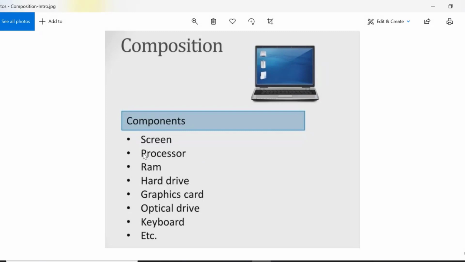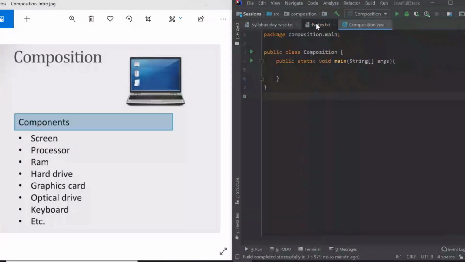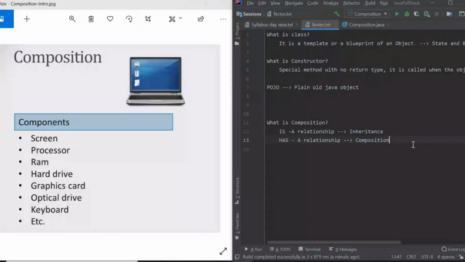But when you come to a processor, let me write these things down so it will be more clear. I'll take down my notes. Here I have a laptop, and a laptop has a screen, assuming my screen size is 14-inch. Then the next component, which is my processor.